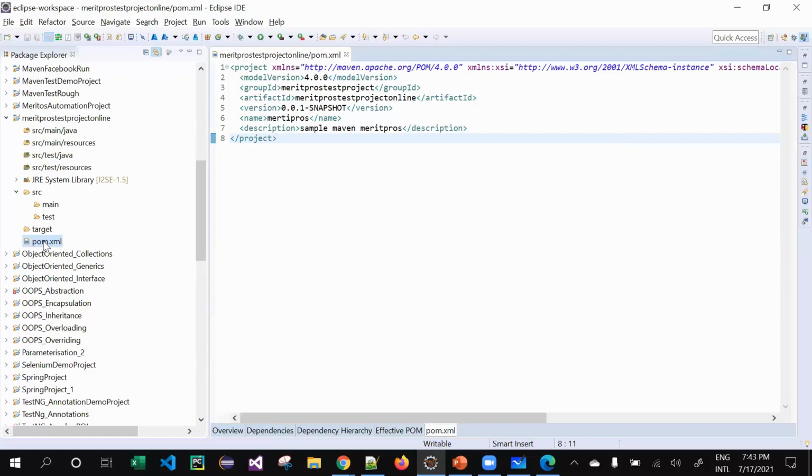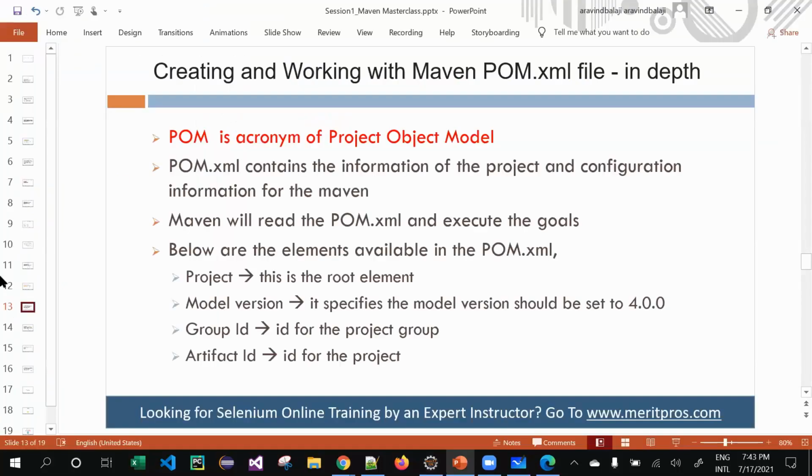This is the thing that's going to run your Maven. So you need to be more focused and more organized in your POM in order to run your Maven. If there are any small mistakes in your POM, your entire project might collapse and you need to restructure it again. Your POM is something like a manual, or a trigger that's going to run your project. As I said, Maven will read the pom.xml and execute the goals.